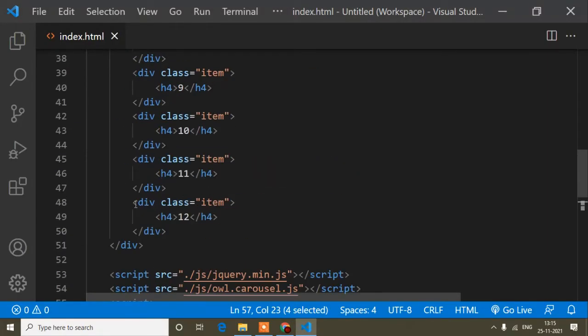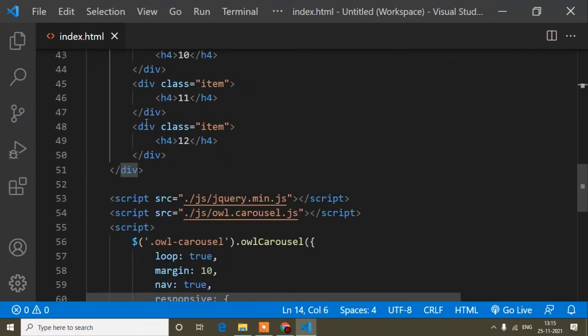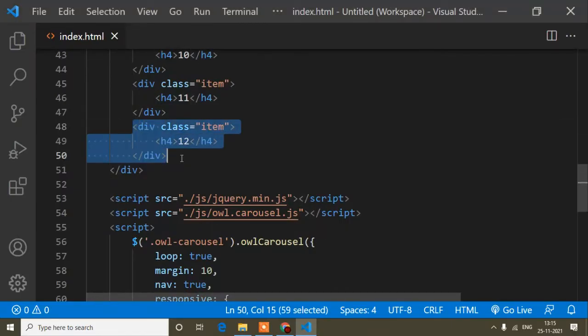Loop means here you can see 5 items showing at a time, and how many items do I have? You can see this is the HTML of the slider. I have 12 items. When I slide this one, if I click this button, 5, 6, 7, 8, like this way. When the 12th item is here, that means there is no other item for sliding.